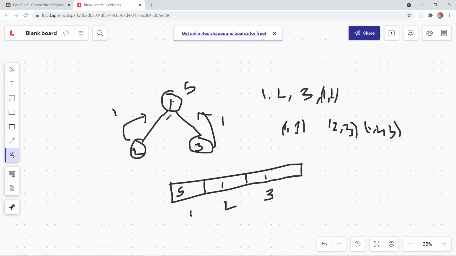So I think these are the only valid paths: 1 to 2, 1 to 3, 2 to 1, 2 1 3. So 1 2 3 4 5 6 7. So these are the 7 valid paths. So the output is 7.